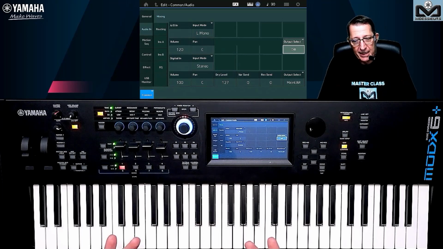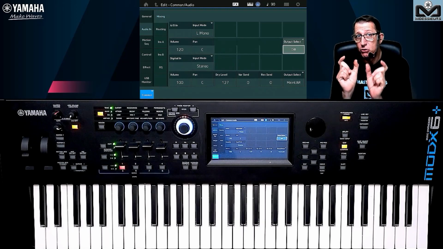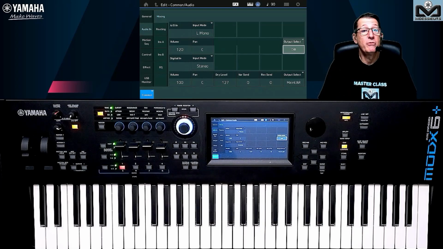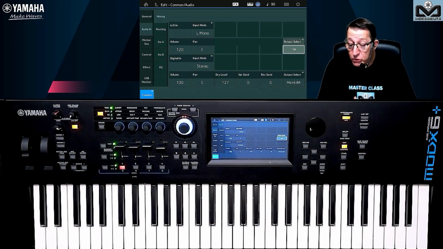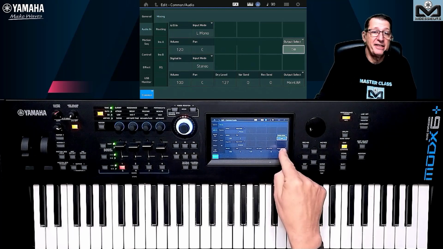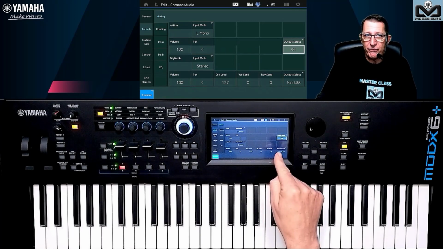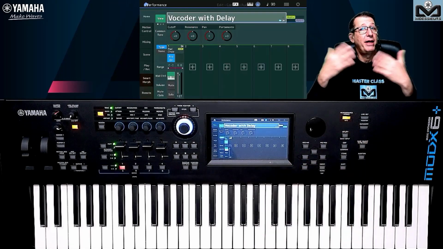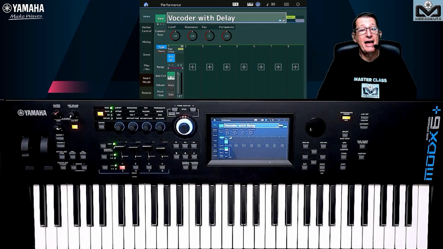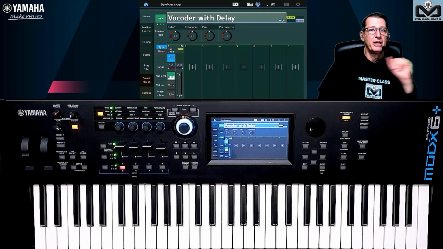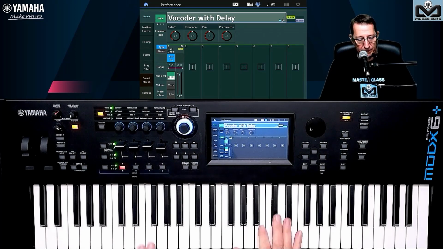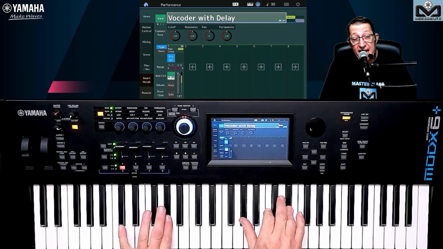And generally, this is not the same thing as a reverb or chorus when we need to manage the two, because all the voice through the reverb is not great. You need to manage a mix, a balance of the two. So for the vocoder, the advice is to let it set off, because the microphone will go to the vocoder and all passes through the vocoder. So I will mute my headset and I will take my microphone to let you hear what is a vocoder with delay. This is the vocoder with delay.